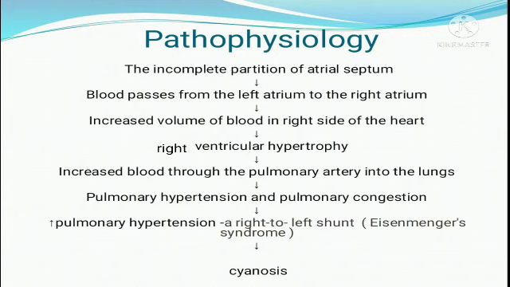It causes pulmonary hypertension, and due to pulmonary hypertension, pulmonary vascular resistance increases, and finally what happens? It prevents the blood flow through the pulmonary vein. So the right side of the heart increases its pressure, and once the right side of the heart has more pressure than the left side of the heart, the reverse shunt occurs. Okay, deoxygenated blood from the right side of the heart slowly mixes with the oxygenated blood in the left atrium, and deoxygenated blood goes through the circulation. Okay, that complication is called Eisenmenger syndrome.